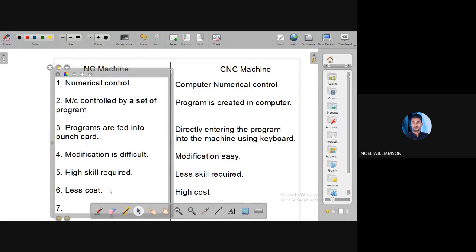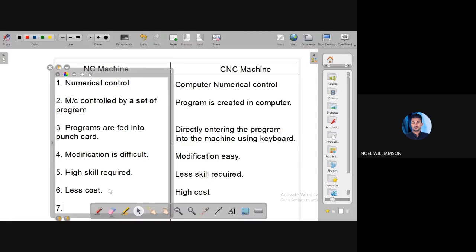Next, regarding the maintenance cost. This NC machine, we have already seen, is not that much complex compared to CNC. So compared to the cost of the CNC machine, the cost of NC machine is less.